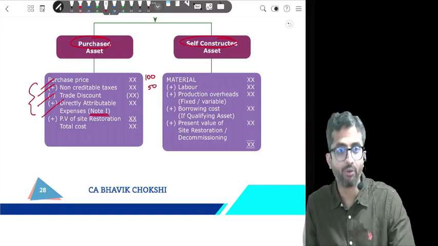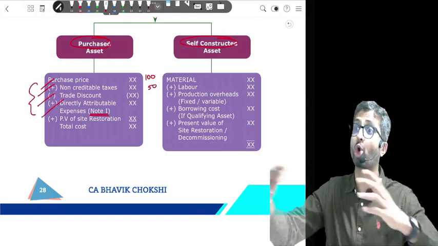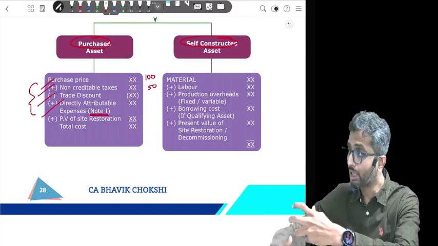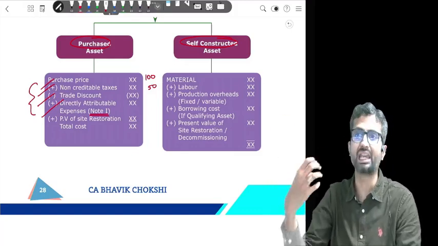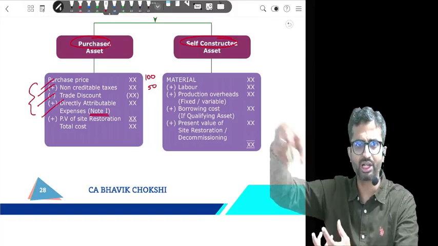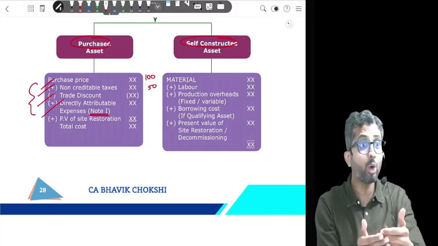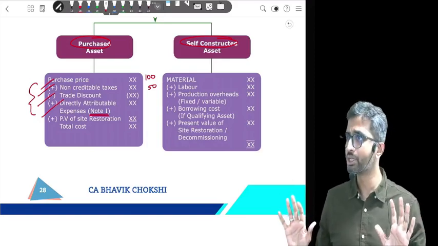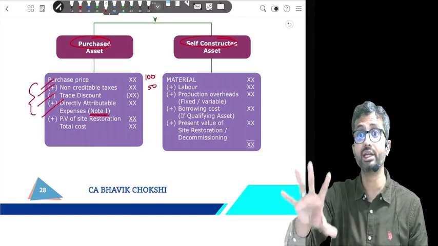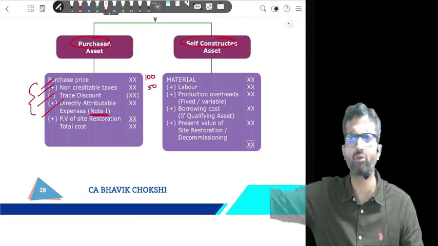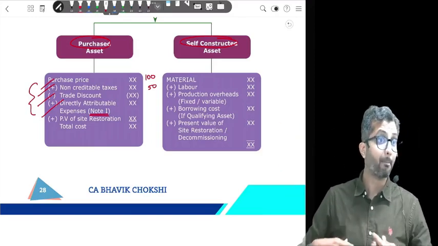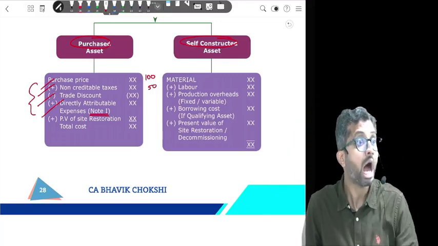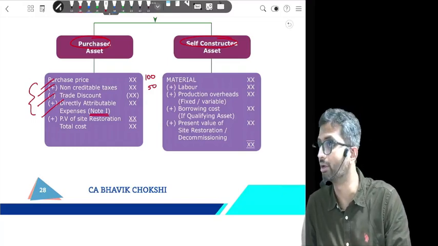When I say overheads, does it mean cash overheads or all overheads, including non-cash? For example, if I'm constructing a building and I'm using a crane to transport something. Now that crane, I own that crane and that crane is ready for use. The depreciation on that crane is 100 rupees during the current year. I don't have to pay rent to anyone, I own it. But for the entire year, when the building was being constructed, the crane was used for construction. 100 rupees was the depreciation on the crane.